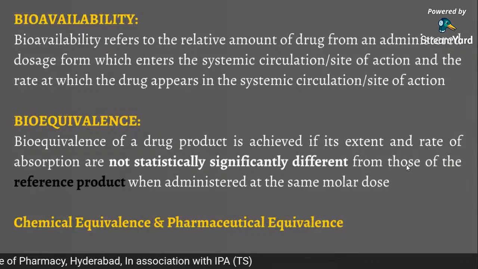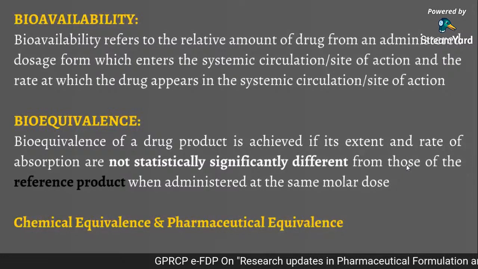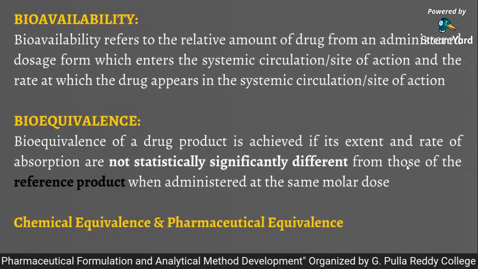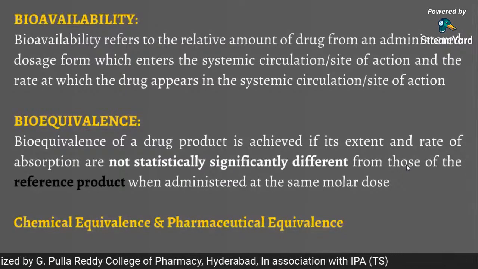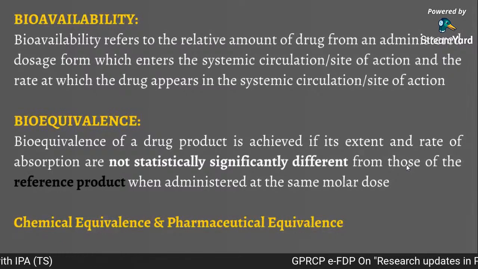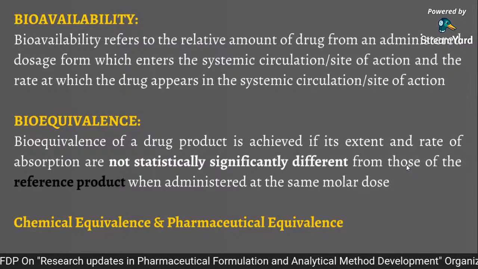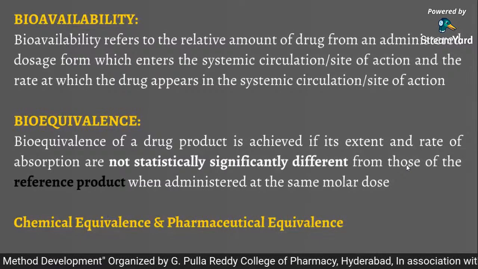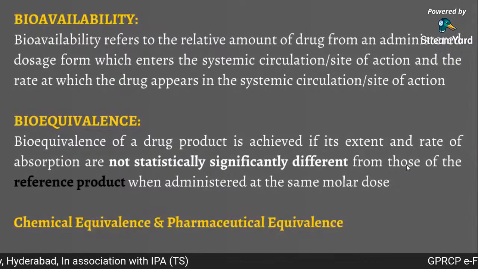Same, meaning 100%, is not at all possible. Even if you repeat the bioequivalence study with the innovator formulation versus the innovator, it is not possible to get 100%. But here there is a criterion, 80 to 125 percent. If your formulation's Cmax value is between 80 to 125 percent of the innovator, and your AUC value is between 80 to 125 percent of the innovator formulation, then 80 to 125 percent is the acceptance limit given by the regulatory authorities. So if your formulation is between 80 to 125 percent, it can be said that your formulation is equivalent to the innovator formulation. Then, as already proven for chemical equivalence, pharmaceutical equivalence, and bioequivalence, you will get the approval as a generic formulation, and your formulation can be brought into the market.